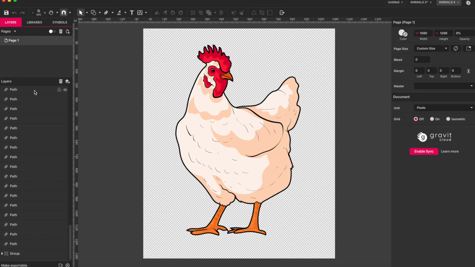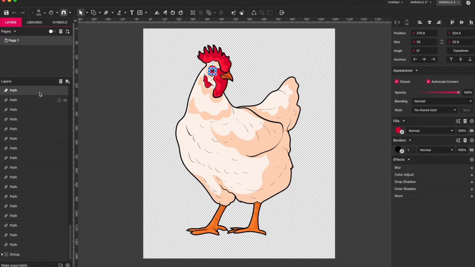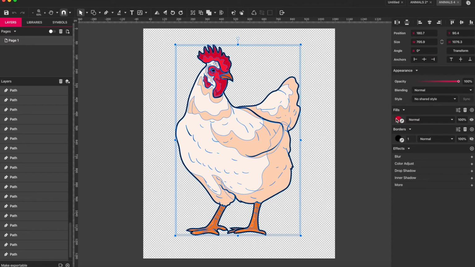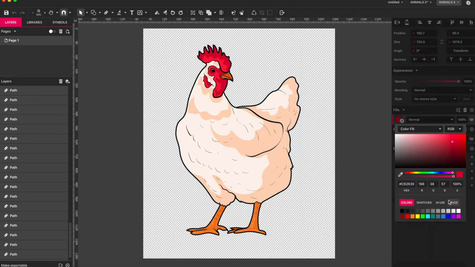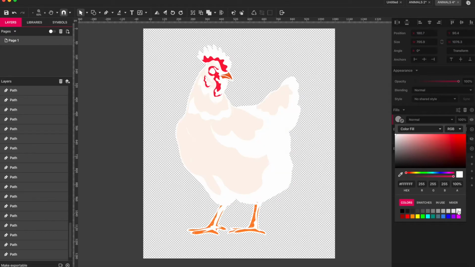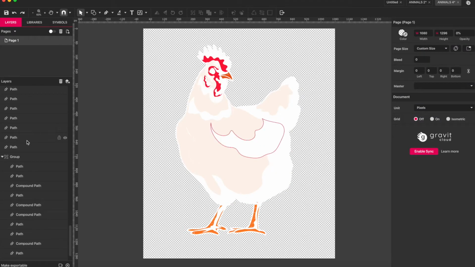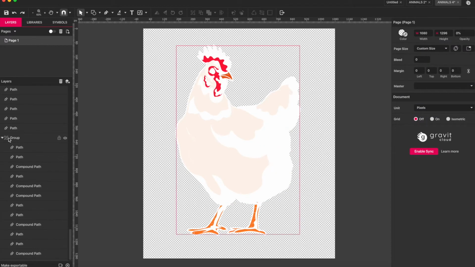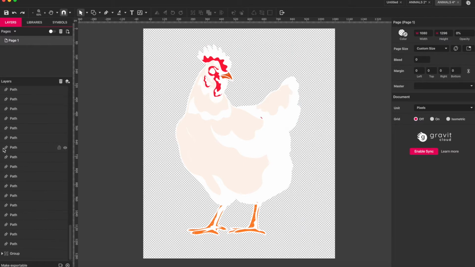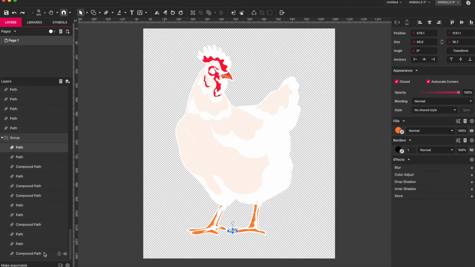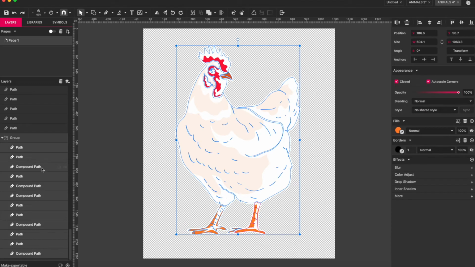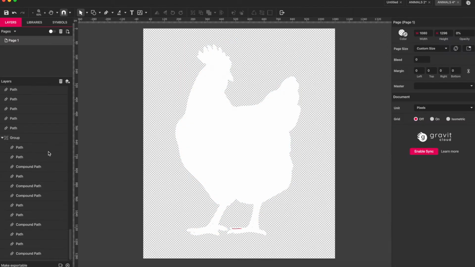So what we want to do is come over to the left, and we'll do a Command All. I'm doing that on a Mac. It'll be different on a Windows. And then I'm going to come over to where it says Fills, and I'm going to make that white. Now you'll see when I change that white that there's still a group over here to the left. You have to hit the drop down, and you'll also have to select the ones in this one. So if I hold shift, I could select all those, come over to fill, change it to white, and then